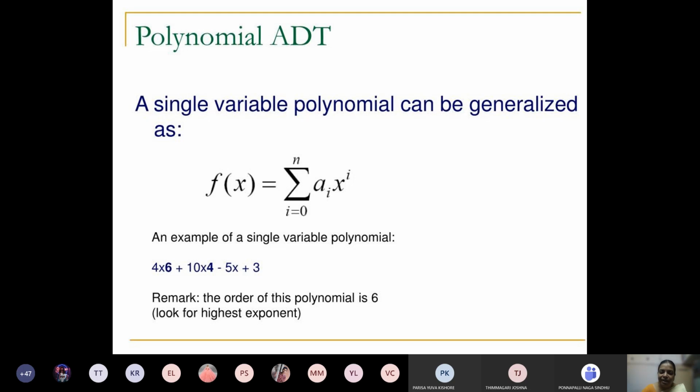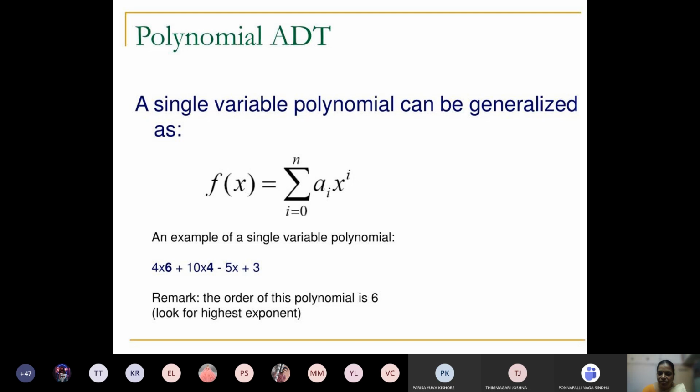For example, it can be represented as f(x) = sum from i = 0 to n of a_i x^i. Here a_i is the real or constant value and x^i is the x term with i as the power. Like this, the combination of a_i and x^i gives the number of terms in one equation, which is called a polynomial equation.